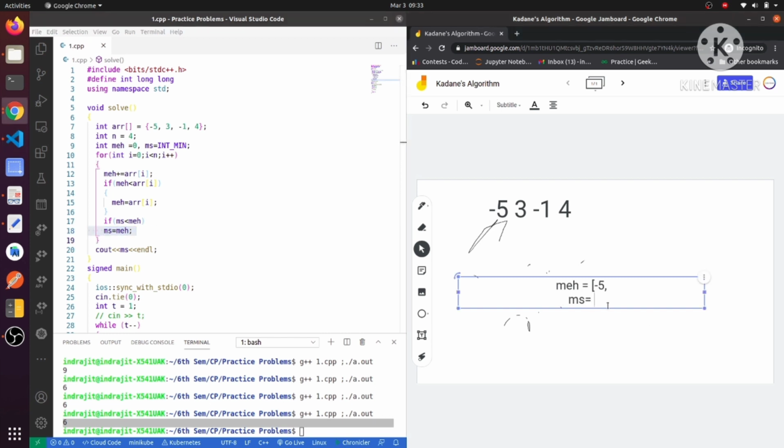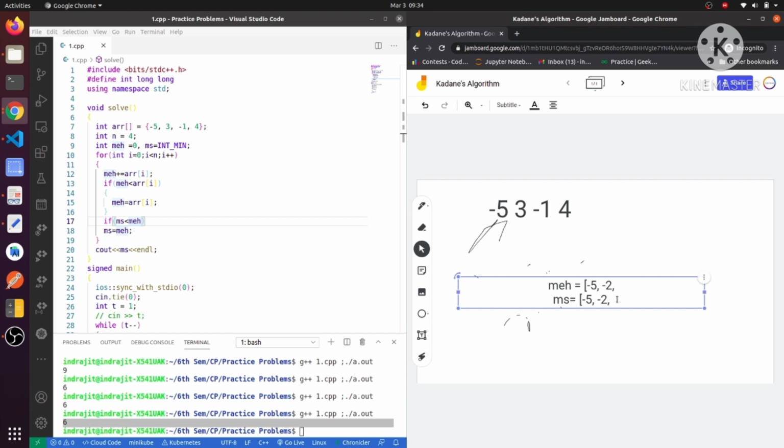On the next iteration, meh will be -5 plus 3, that will be -2, and ms will be updated to -2.